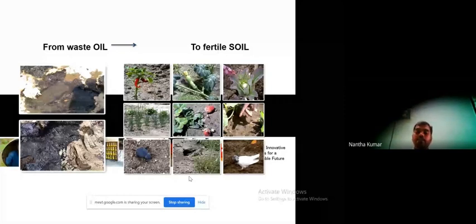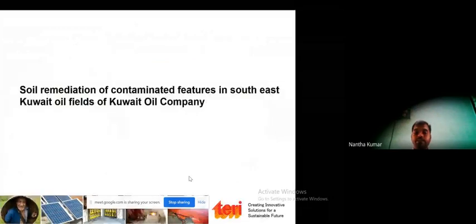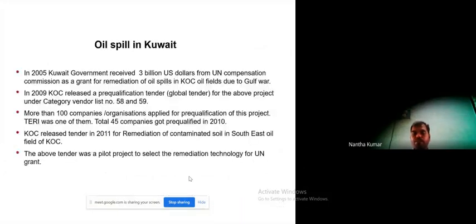So it indicates that this soil is back to normal condition and can be used for any other purpose. It's free of hazardous material. Based on that, TERI got a very big mega project from Kuwait Oil Company, and it has also been successfully completed recently.